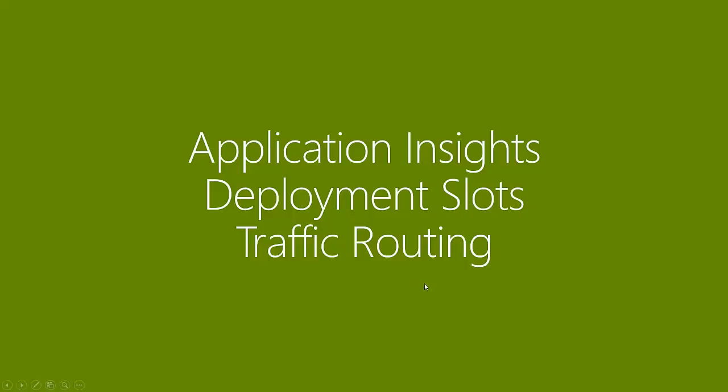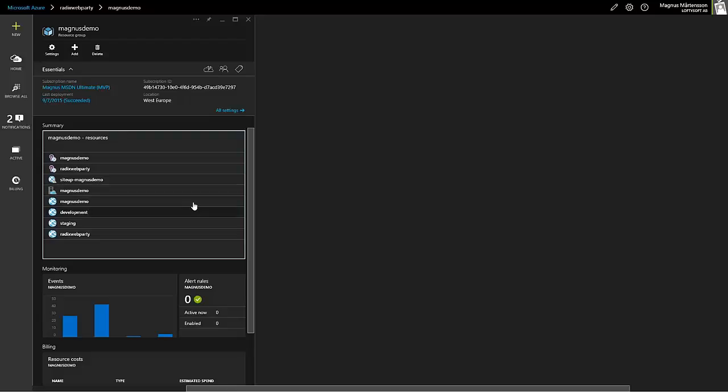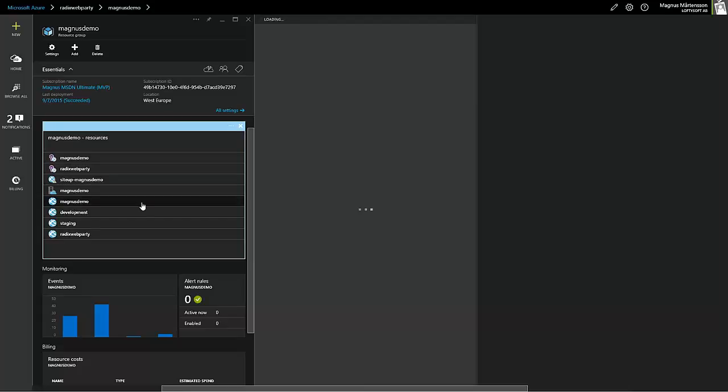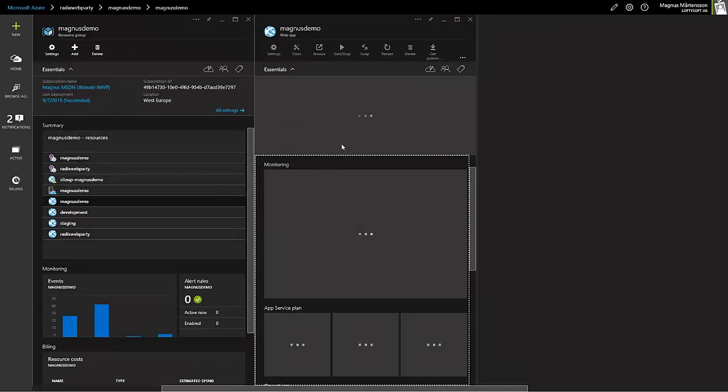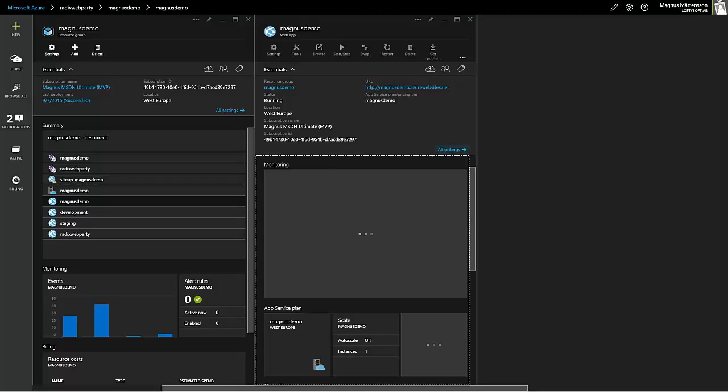Cool. So deployment slots and traffic routing, I was also going to mention. Let's go and do that. These are also very powerful features of websites. So in the interest of time, I'm actually going to go into something pre-made. I can set this up in like a minute or two in my Radix web party site, but I've already set it up for this other site called Magnus Demo. So I'm going to go in there instead